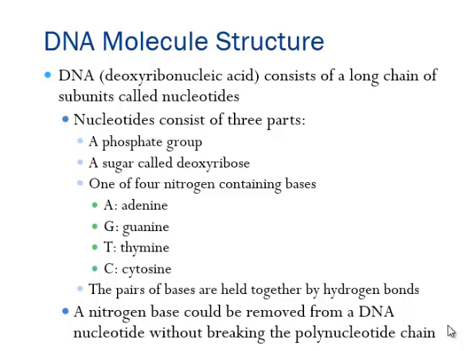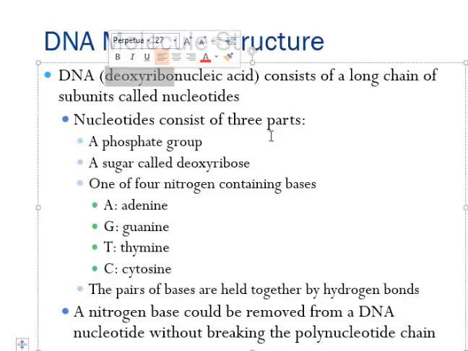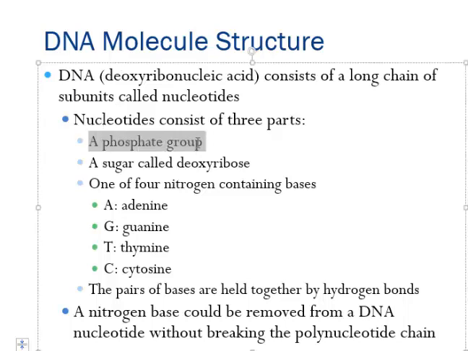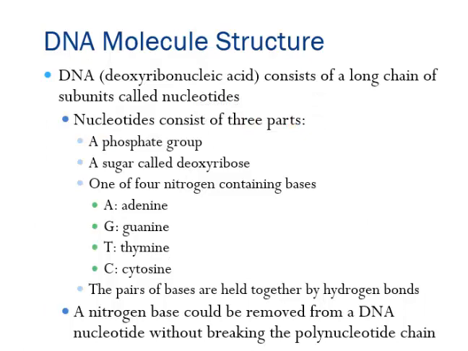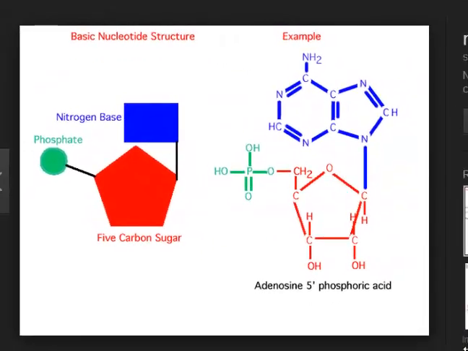DNA is a nucleic acid, which means a bunch of nucleotides. Notice that word there. The reason why it's called deoxyribo is because it is a ribose sugar that's missing an oxygen. We'll see a little bit later on there's something similar called RNA, which is ribonucleic acid, which is not missing an oxygen. Anyway, it's called deoxyribonucleic acid, and a nucleotide, as we saw, has a phosphate group, a sugar called deoxyribose because it has 1 less oxygen than a comparable sugar called a ribose,